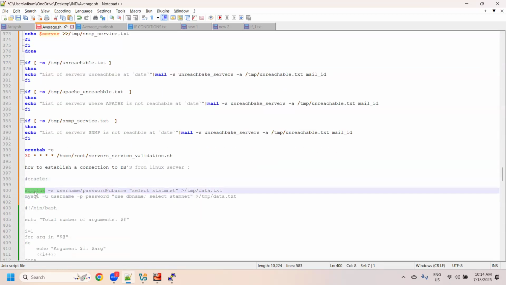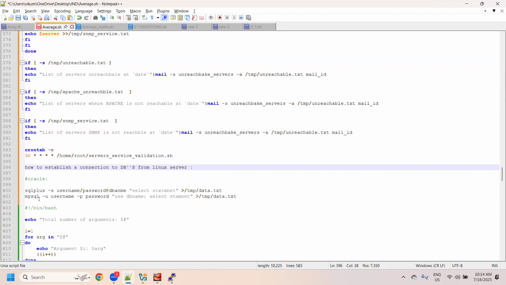So along with SQL Plus and MySQL, we're also having PSQL. So how do we go with PSQL? We can also go with PSQL as well. The syntax of PSQL is, if it is a Postgres,